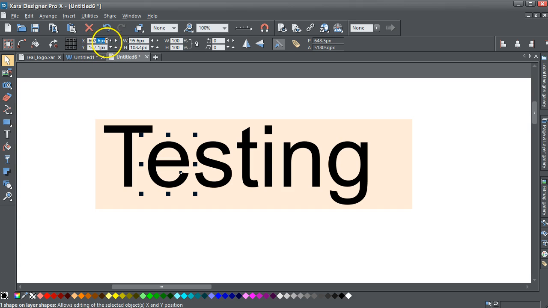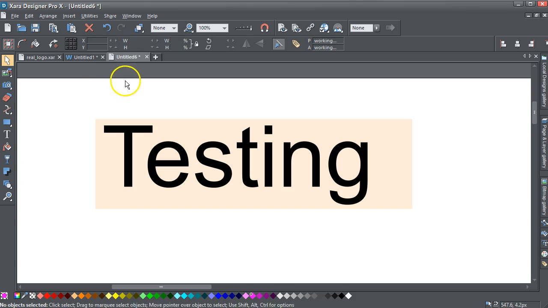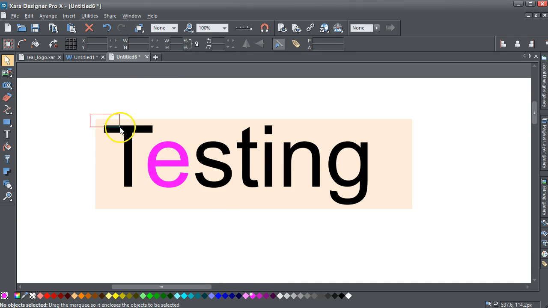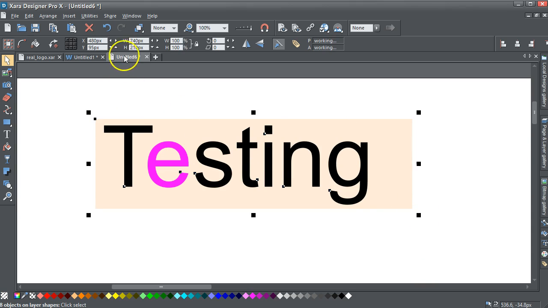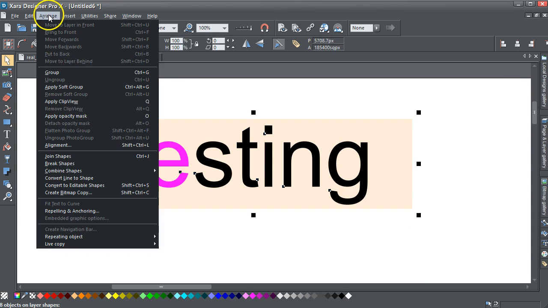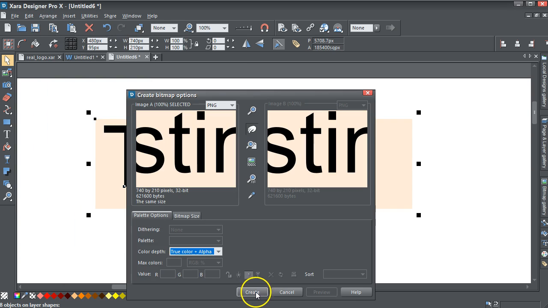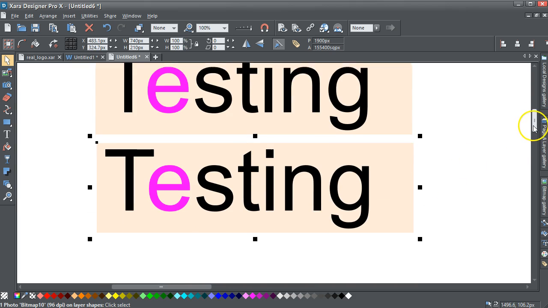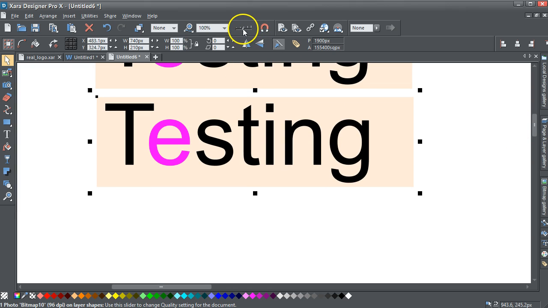So you'd think, okay, if you move that up to 2 and you move that up to a whole pixel 1, that would be better. But the problem is, even though it's on whole pixels, look at the width, it's 95.6 and 10.8. I'll colour that one purple. Arrange, create bitmap copy, create, move this down, move that down, drop down the level to 3,